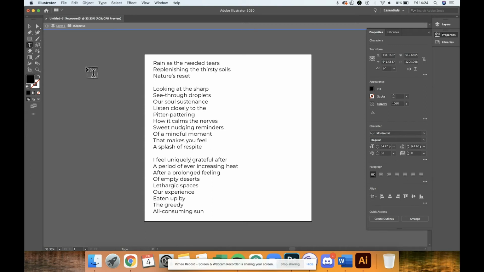After a period of ever increasing heat, I think those two are together. We now pronounce you married. After a prolonged feeling of empty deserts, lethargic spaces. I mean, the feeling is, obviously it's not that heat in Southeast London, so I don't know. Maybe we should get rid of that, but I'm trying to describe the feeling. What about